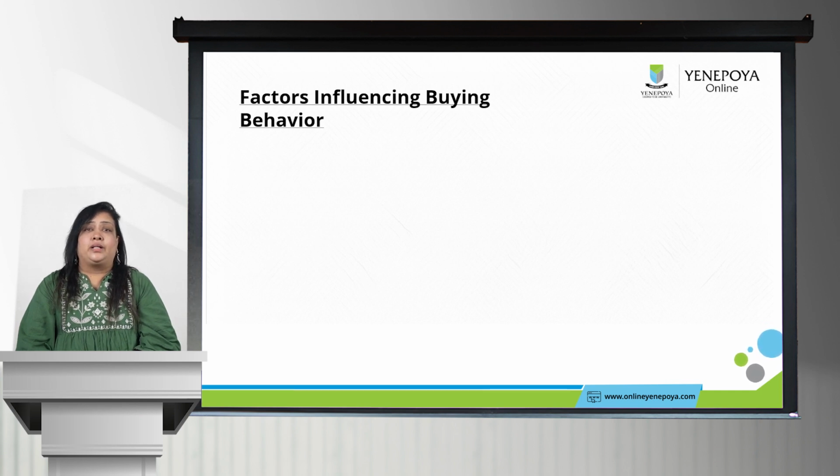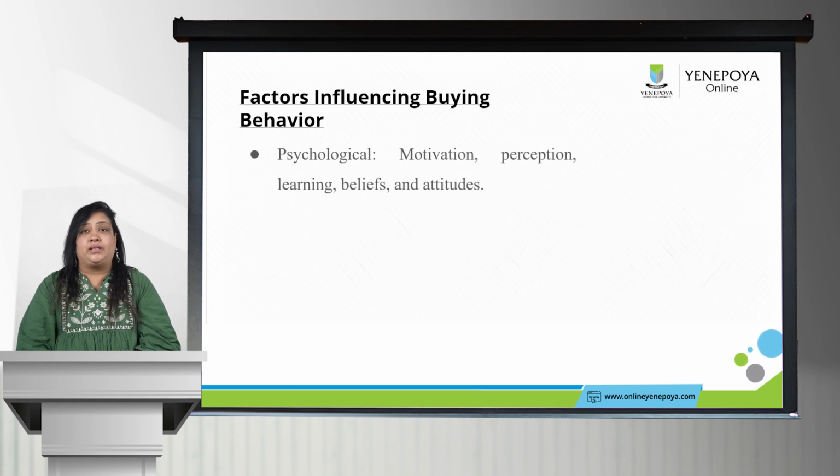The first one, we will take as the psychological factor. Psychological factors deeply influence consumer choice by affecting their perceptions, emotions, and decision-making processes. The key psychological factors include motivation. It refers to the internal drive that compels a person to act and fulfill their needs, which is associated with Maslow's hierarchy of needs, explaining motivation ranging from basic, that is physiological, to advanced self-actualization. Perception is the process by which individuals interpret and make sense of information. Consumers may perceive the same product differently based on their experiences, beliefs, and